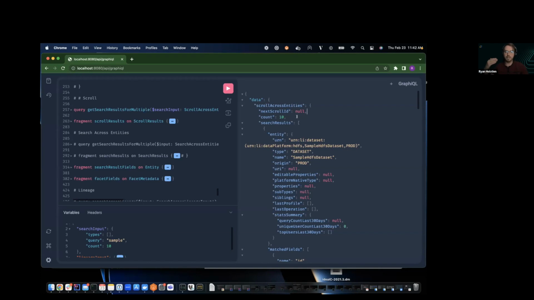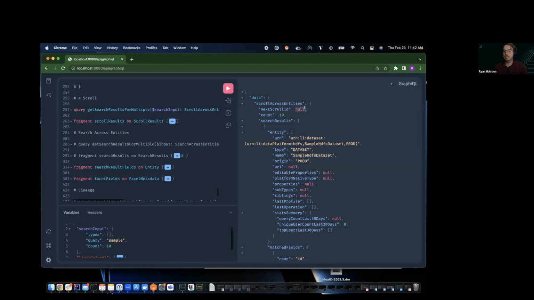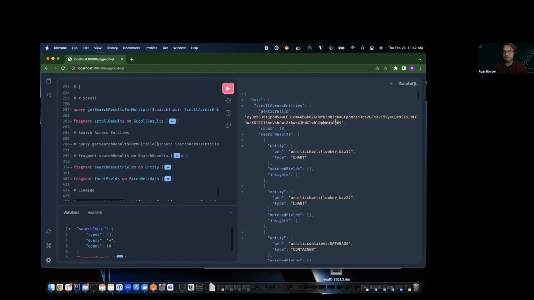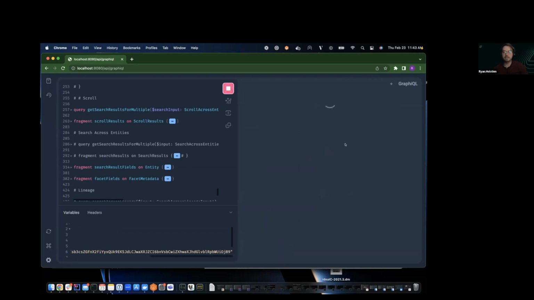You would keep issuing these queries as long as you want to keep searching through entities, and as long as you keep getting scroll IDs back, you can continue scrolling. But let's change this query to something that's going to give me back a lot more results. Here you can see that I got the scroll ID back, and the first result here is a chart. If I take this scroll ID and pop it in here, and reissue that same search,